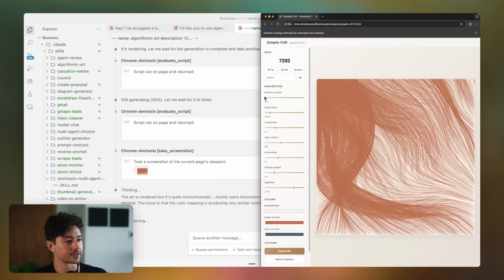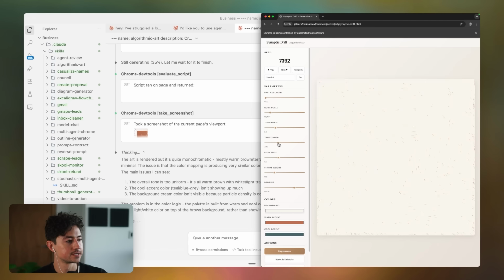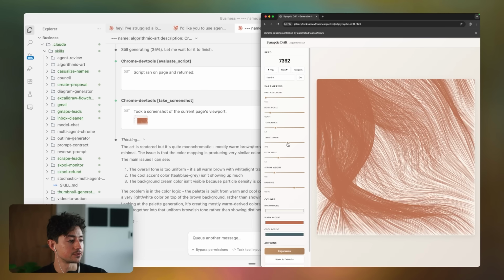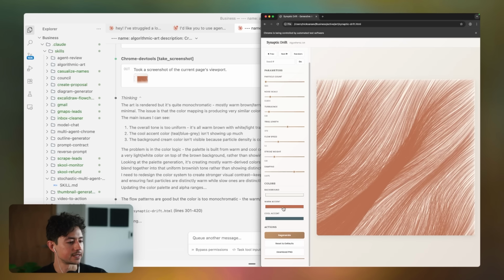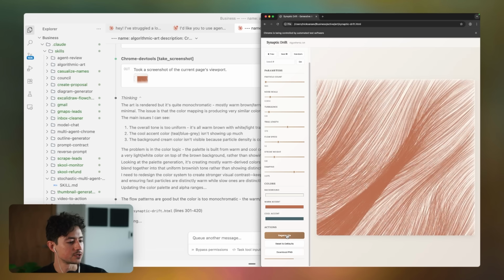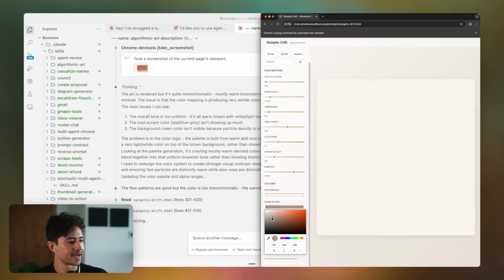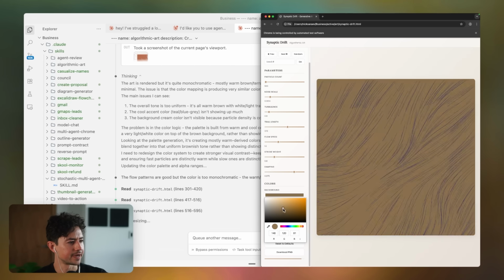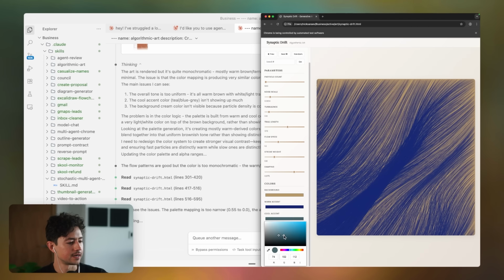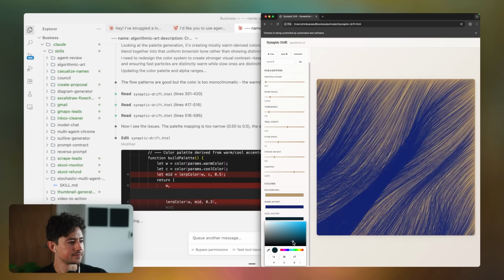This is actually rendering them directly in my browser, which is nuts. So this is indeed algorithmic art. It's really cool, super sexy. I'm a big fan. I don't know, it looks kind of like hair, but what are you going to do? I'm just going to regenerate a bunch, maybe change the accent colors. Okay, maybe we'll have this as my accent now, blue, and then the background will be kind of this. And I don't know, my cool accent will be kind of like this. There you go. That looks pretty nice.